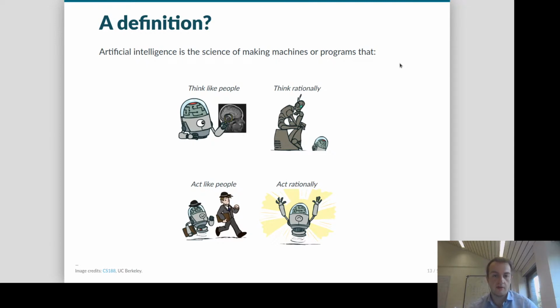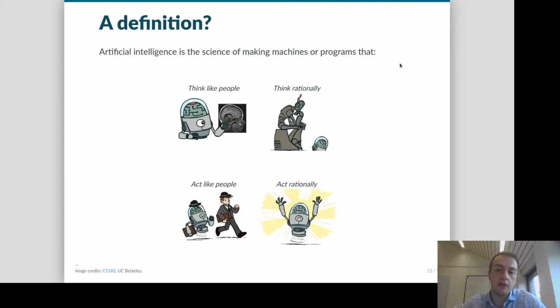Broadly speaking, there are 4 kinds of definitions. You would say that artificial intelligence is the science of making machines or programs that would either think like people, so by that we mean they would try to reproduce exactly the mechanism that we do use as humans to think and reason,